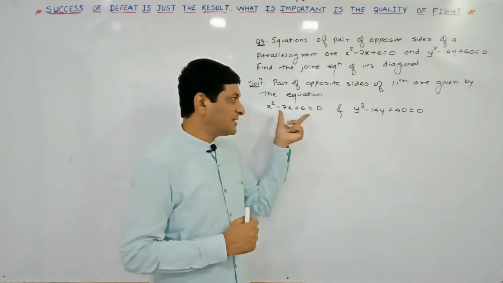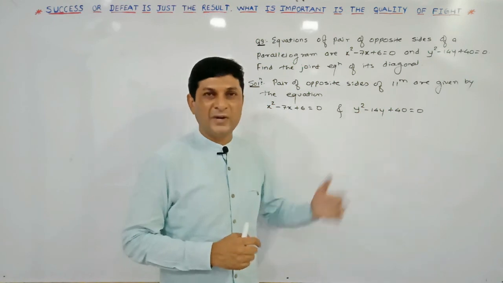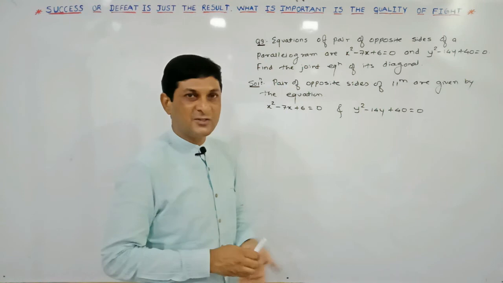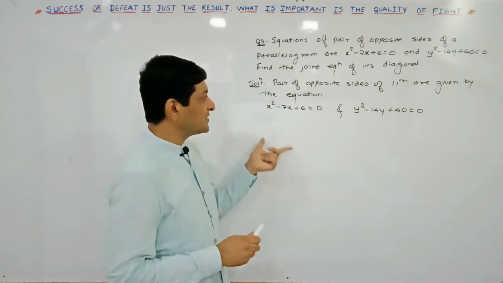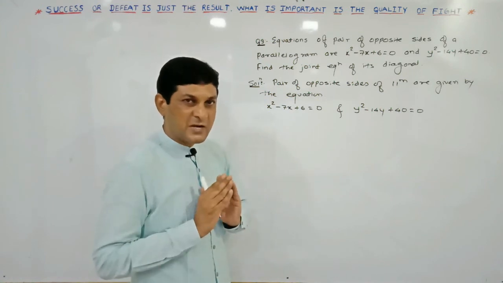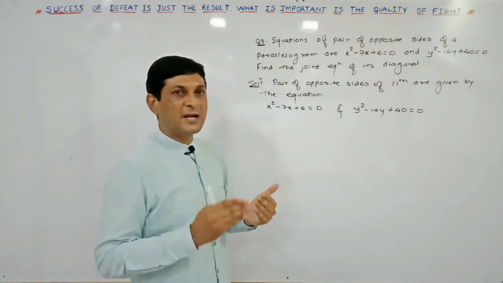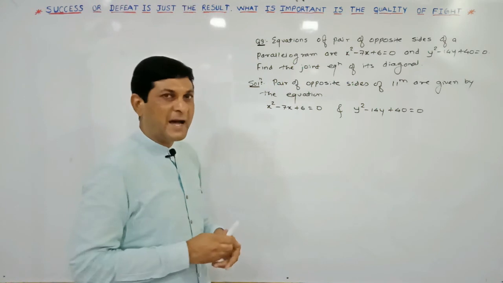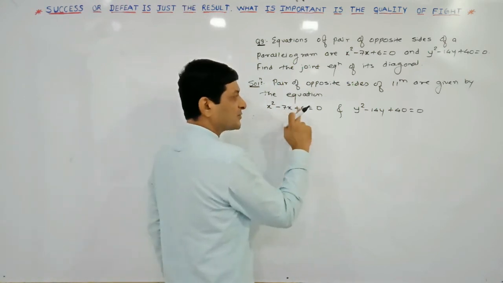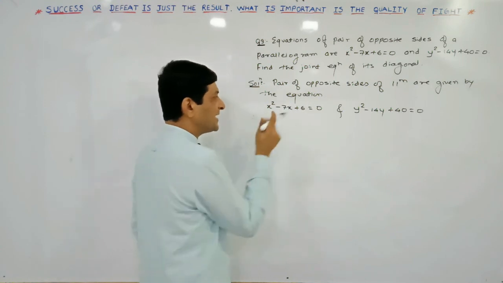Okay, so well, let us simplify this equation and try to find out opposite side, because this equation represents what? Pair of opposite sides of a parallelogram. So we can easily observe that both are nothing but what? Quadratic equation. So let us try to find out its factor so that we will get opposite sides of what? Parallelogram. So here minus 7, find out factor of plus 6 such that their addition is what?